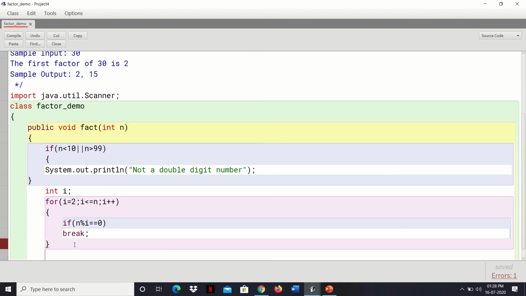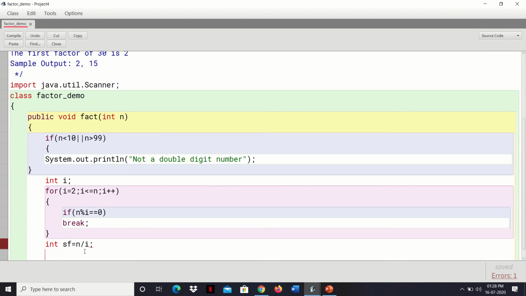So let us give a variable over here, suppose sf, second factor. A small variable name I've given, sf. Now that number n, if it is divisible by that first factor which is in i, that is 3, it gets the second factor.